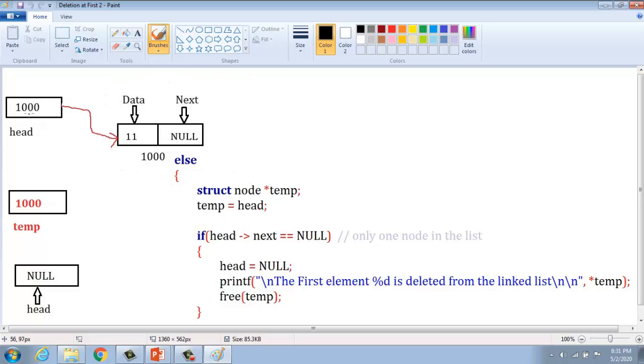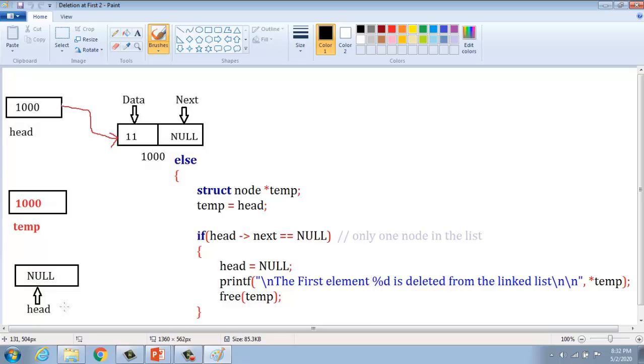The head pointer points to the starting address of the node. What is the starting address of the node? 1000. And head next, the next field, equal to null means only one node is present in the linked list. Is the condition true or false? The condition is true, so inside the if condition we change head equal to null, which means we delete this node from the given list.